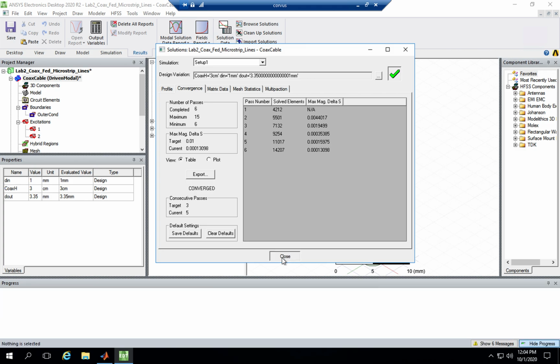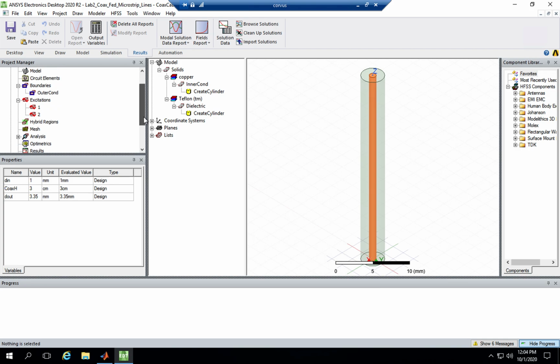Okay, so the simulation is done. Now we can look at some results. So if you look at the lab manual, the first thing we want to look at is the characteristic impedance of the coax cable from 1 to 4. So if you go under results,